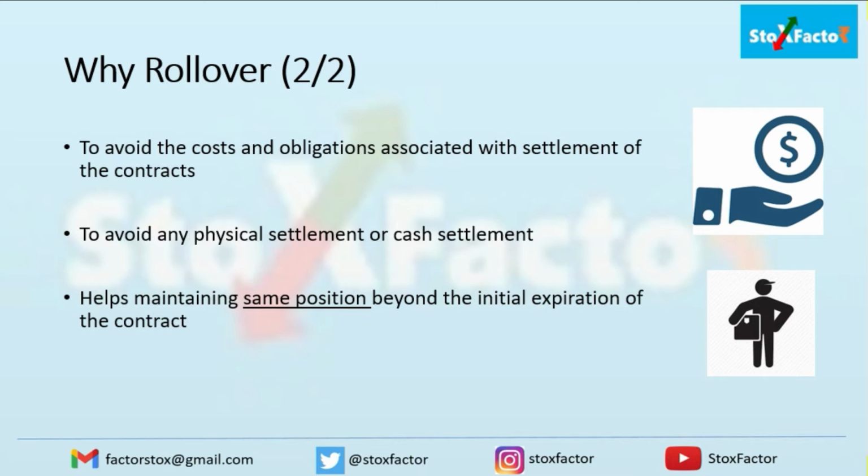Depending on whether it is an option contract or a future contract, it will lead to physical settlement in the market. You will be obliged to buy or sell the position depending on whether you have a long or short position in the open market. Whoever has the contract open against you, suppose you have the buy position and the other has the sell position, you both have to settle in the physical market. So to avoid that physical settlement, people generally roll over their positions.